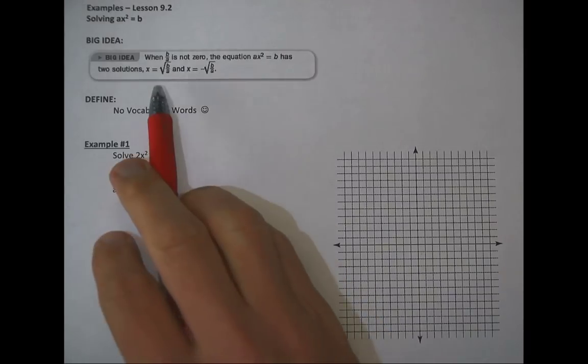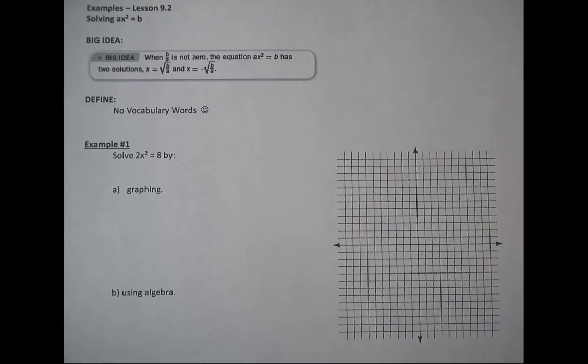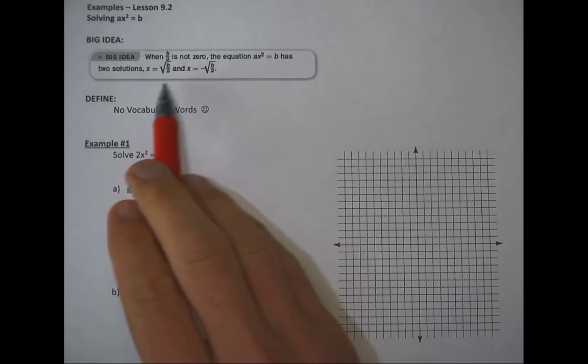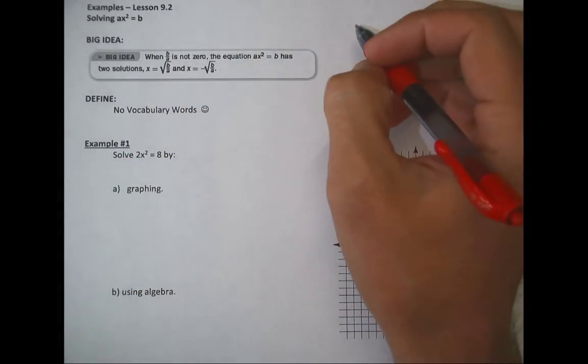So your big idea: when b over a is not 0, then the equation ax squared equals b has two solutions. x equals the square root of b over a, and x equals the negative version of the square root of b over a. So where in the world is this even coming from? So if we come up here to our equation,